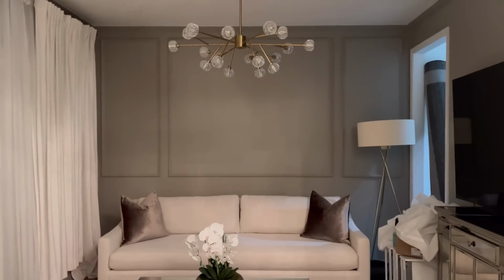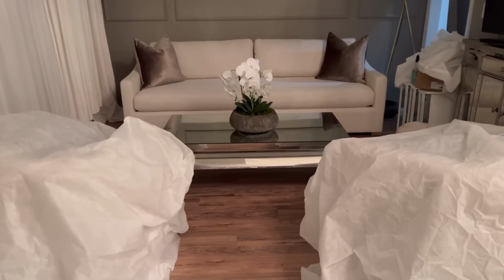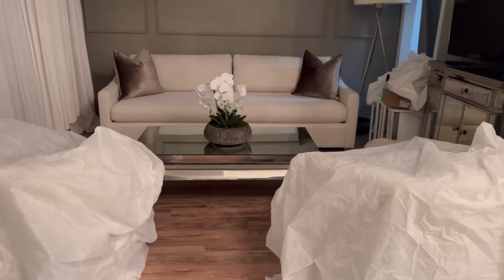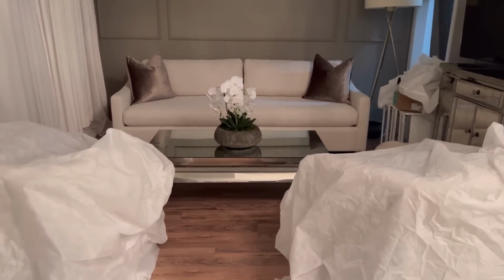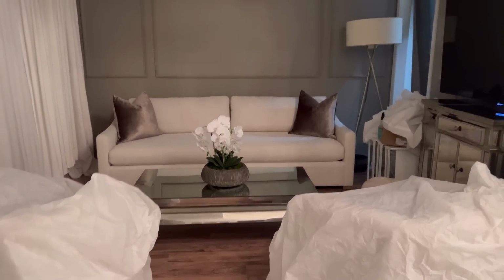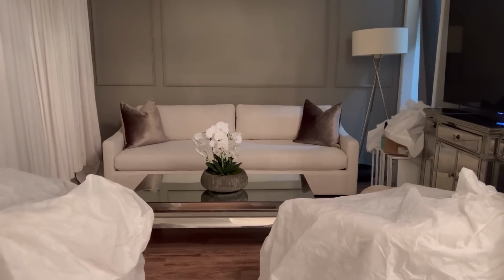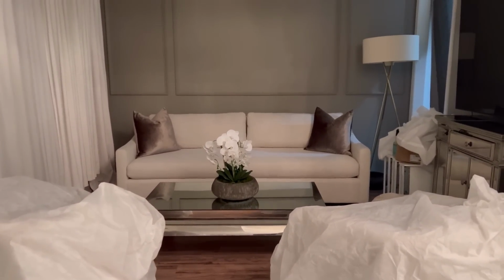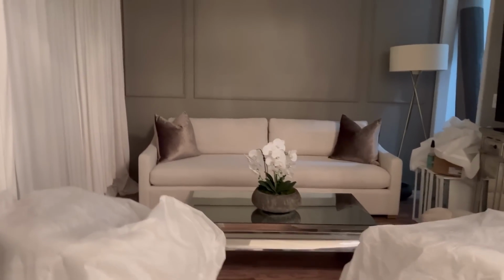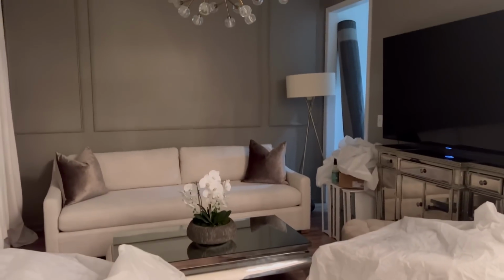So I'm back from work. It's been a long day, but I wanted to show you guys what I have done so far. So I'm not sure yet. I know it looks a little too glam for my liking right now because there's this mirror. I'm not sure if I should use the old coffee table, or the coffee table that I was using with this particular set that's in the family room right now, or stick to this one. It looks a little too glam for my liking right now, but again, things are not in place, so I feel like